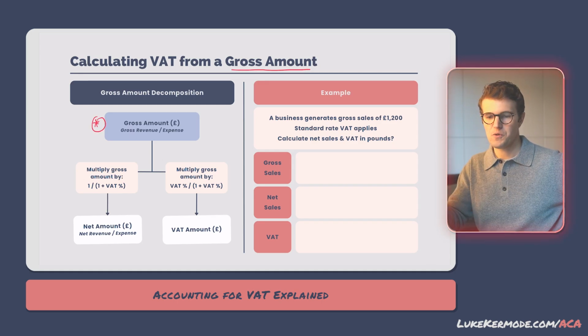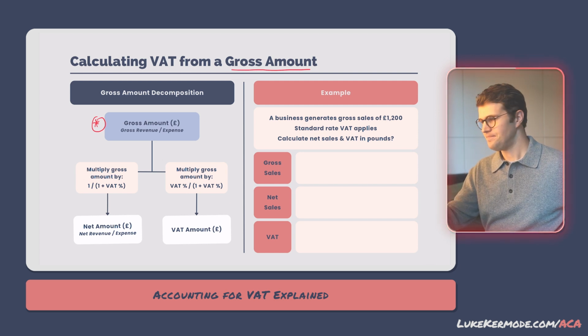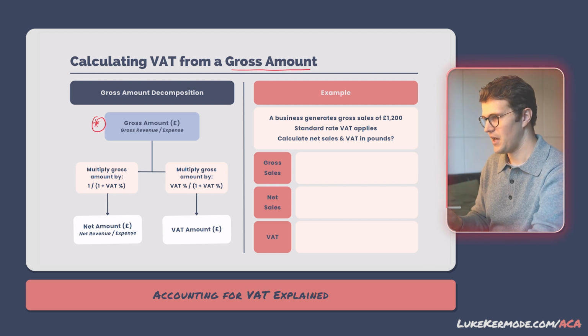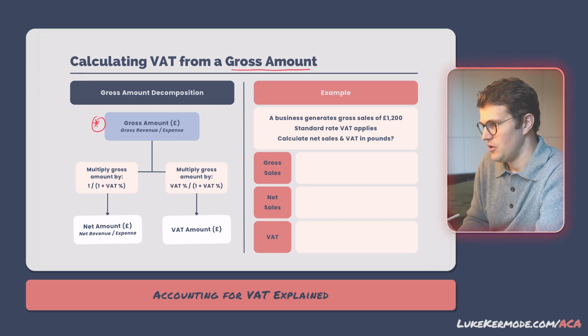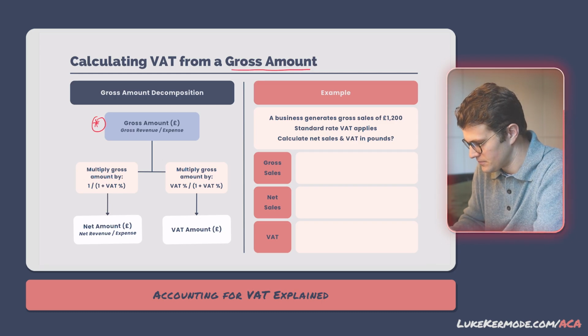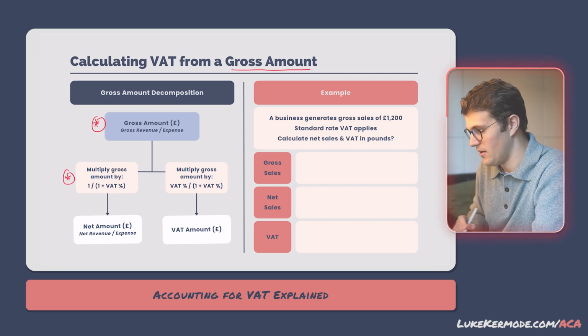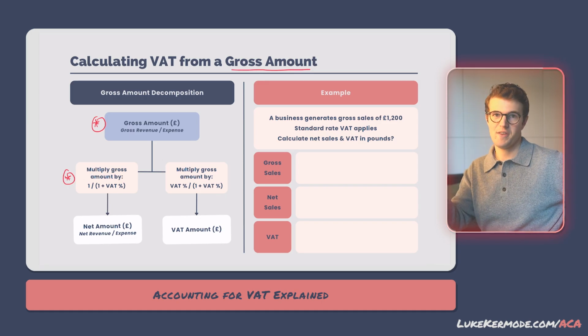say that you're given total sales including VAT, there are 2 quick calculations you can use to calculate the net amount. So to find net sales, that's the amount that actually goes into the pocket of the business. You multiply the gross amount by 1 divided by 1 plus the VAT rate. So for example, at the standard rate of VAT of 20%, you'll take the gross sales amount and divide it